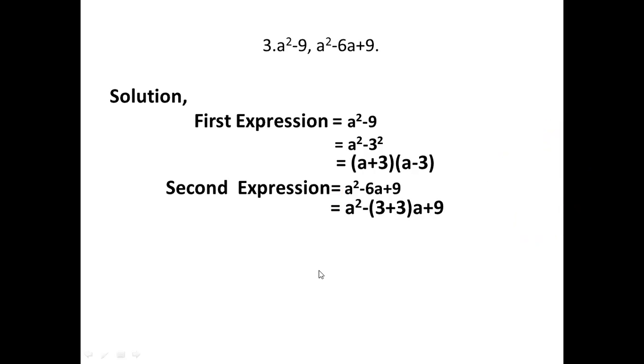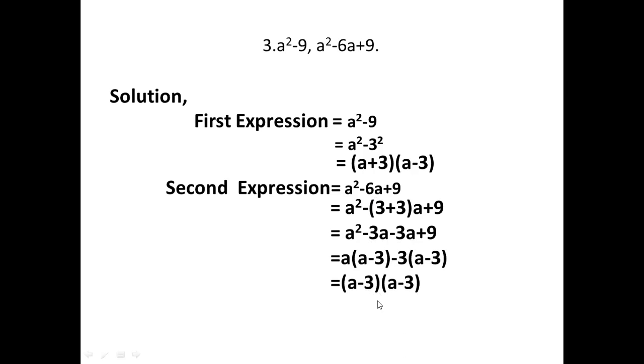Now look here, next. Now remove the bracket: minus into plus, minus 3 into A, minus 3A. Open the bracket. Don't forget to multiply this side: minus and multiply inside. Now, if there are 4 terms, then make groups of 2 terms, then take A minus 3 common. From here also minus 3 and A minus 3. In this plus, there are 2 minus, and when 1 minus has gone common, 1 minus remains. A minus 3, A minus 3. Therefore, HCF equals A minus 3. A minus 3 is the answer.